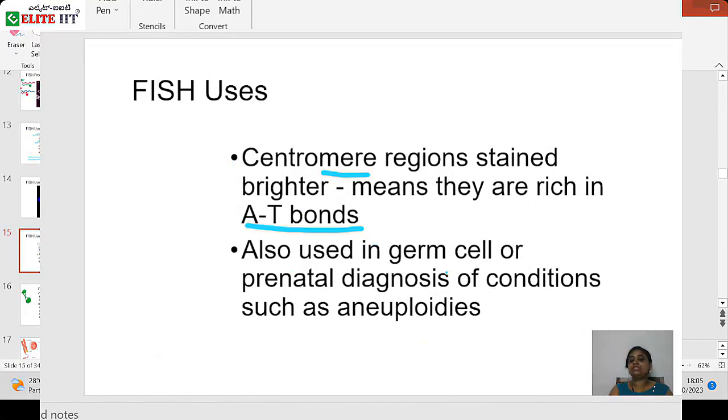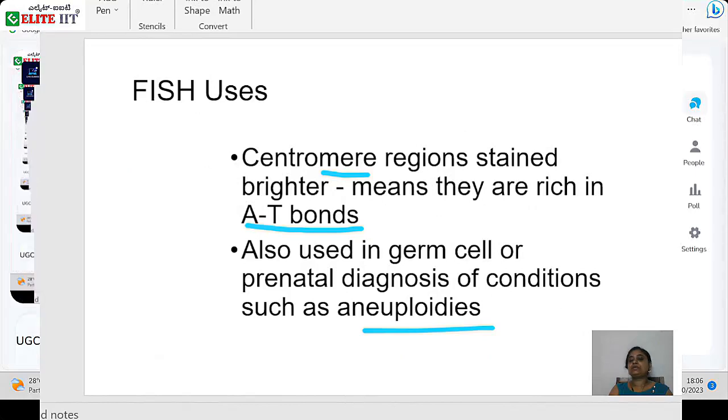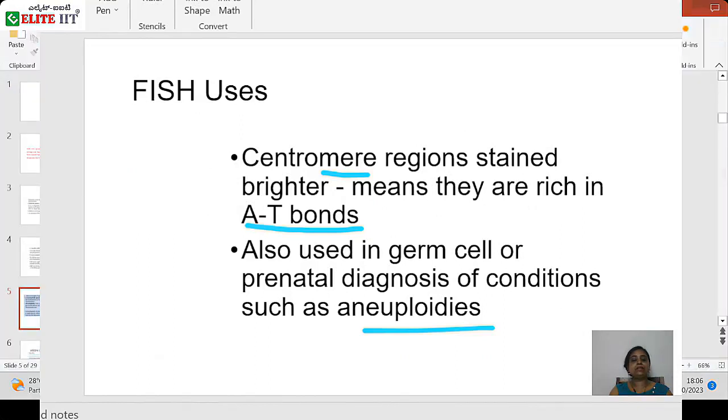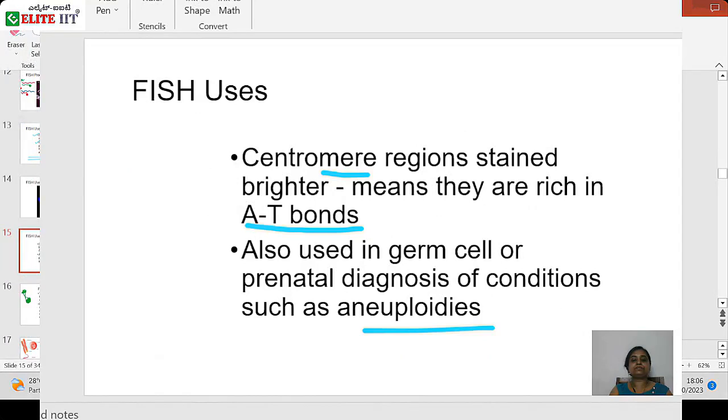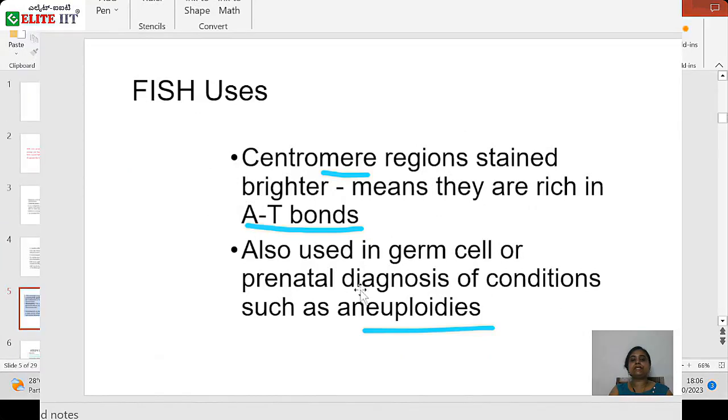Now FISH is also used in germ cell or prenatal diagnosis of conditions such as aneuploidy. If there is any aneuploidy present, you can also identify it through the FISH method. Aneuploidy means mainly